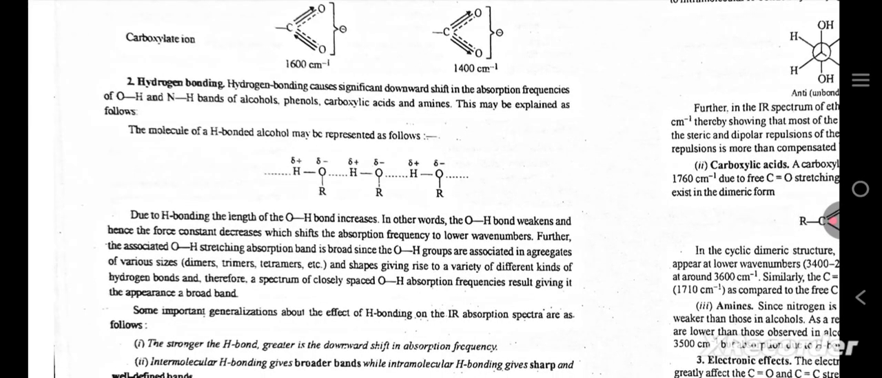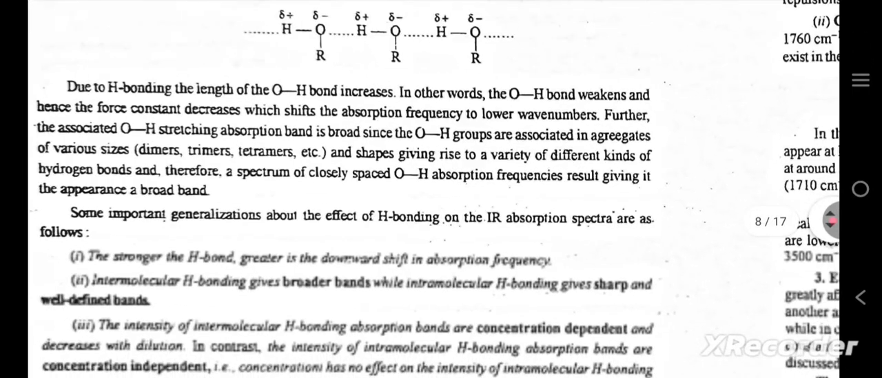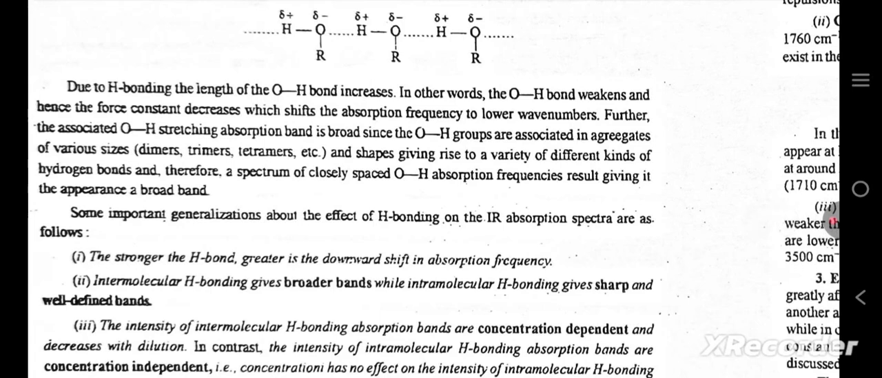Hydrogen bonding. Hydrogen bonding causes a significant downward shift in the absorption frequencies of OH and NH bands of alcohols, phenols, carboxylic acids, and amines. This may be explained as follows. The molecule of H-bonded alcohol may be represented as follows. Due to H bonding, the length of the OH bond increases. In other words, the OH bond weakens and hence the force constant decreases, which shifts the absorption frequency to lower